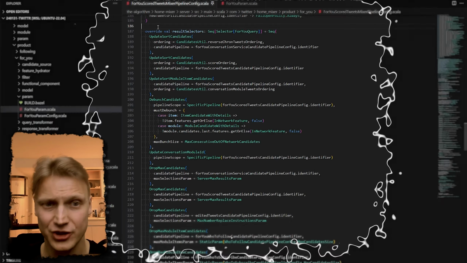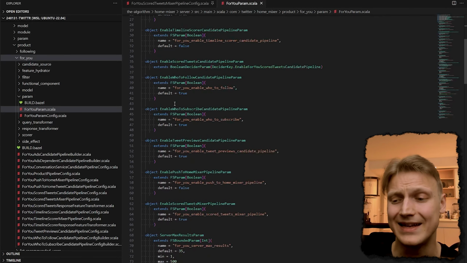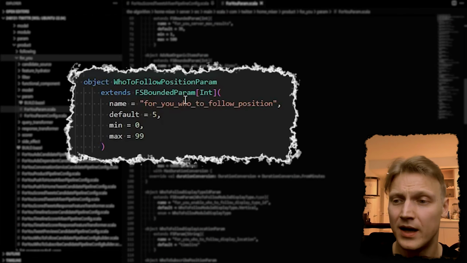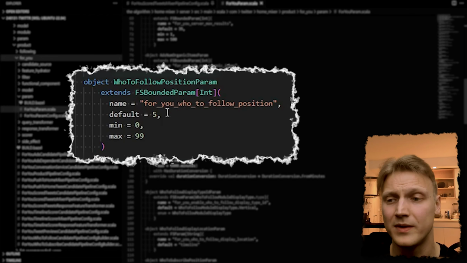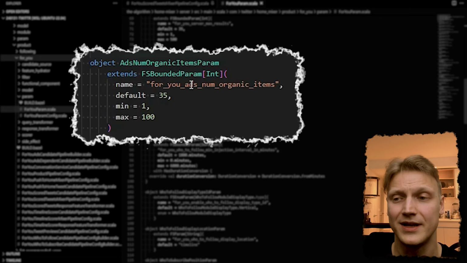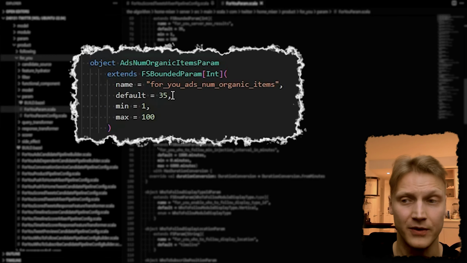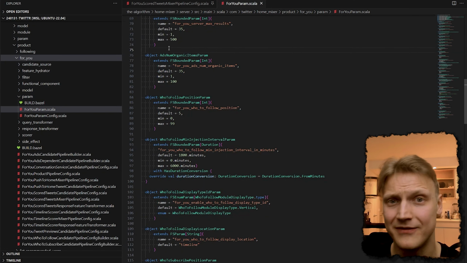There is another interesting file that is sitting nearby in the same package that contains a set of parameters for different entities such as filters and pipelines. It can give you an idea what is more important and less important and how it is configured. For instance, this one defines the position of the people to follow widget with a default value of 5, which is what I normally see when I get to the feed. This one defines some relation to ads with the default value of 35. No idea what that could mean. And the multiple numbers on the parameter tell me that they perhaps are using another external system to control the actual values at runtime.